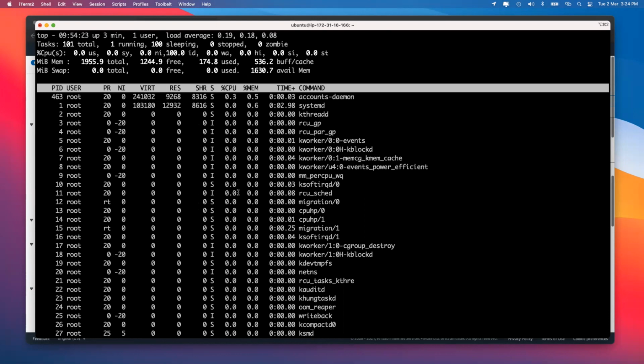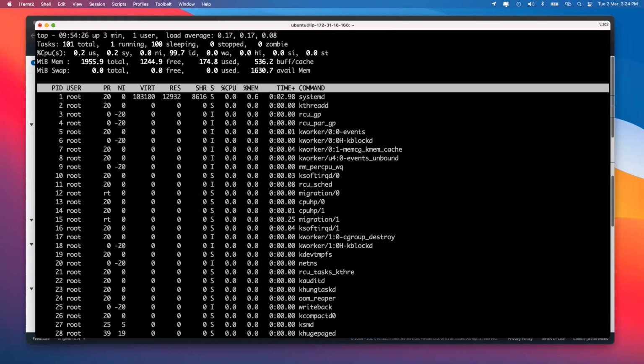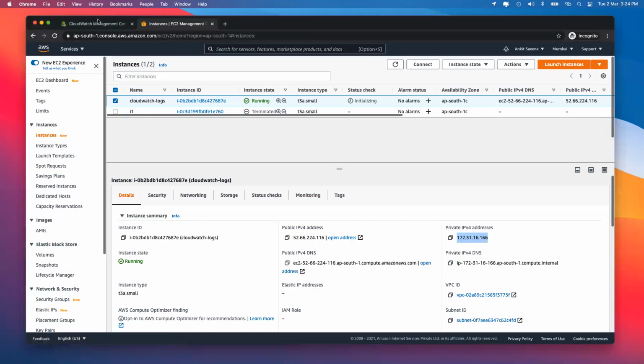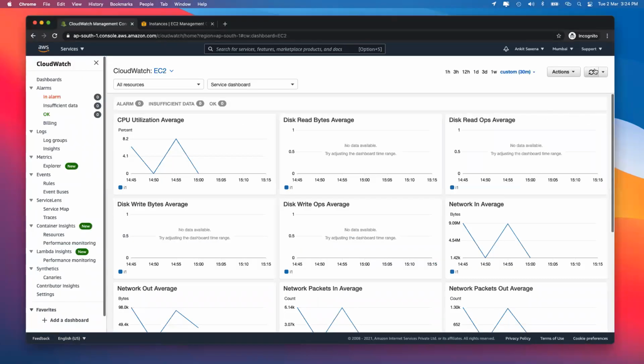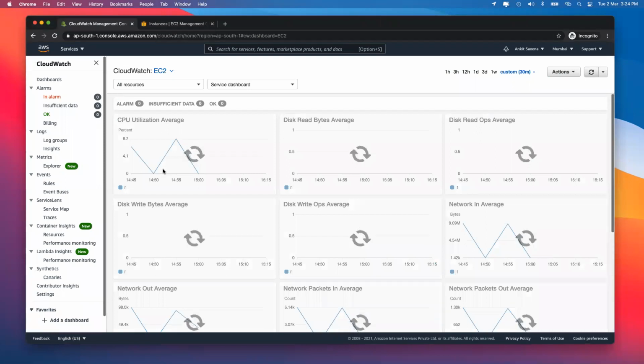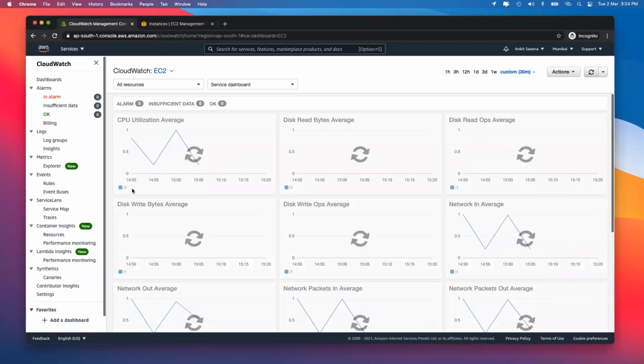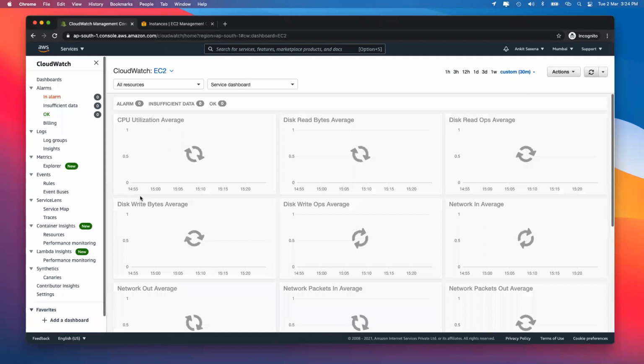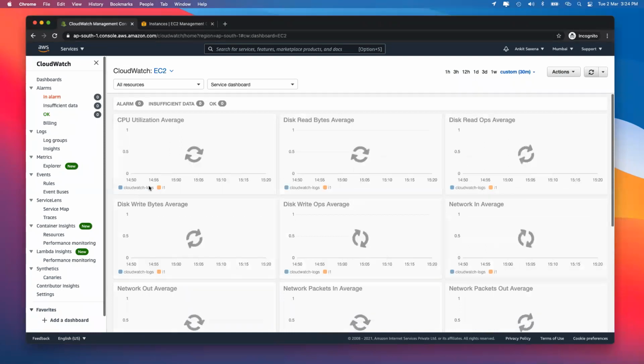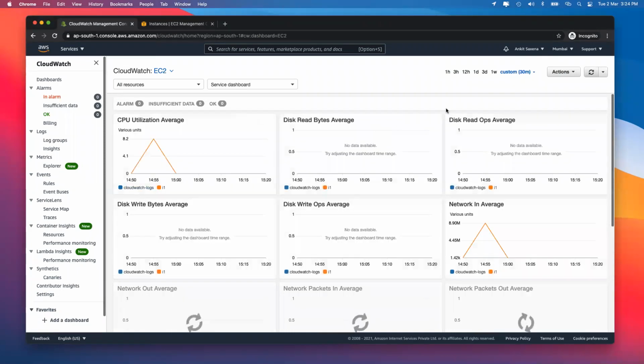Now this instance in some time is going to show up inside my CloudWatch logs over here. We'll just go over here, refresh it, and in some time I should also see my new instance actually coming up. So that we'll see the CloudWatch logs over here. But because it has hardly been some time since I created this, it will take some time for the logs to show up.